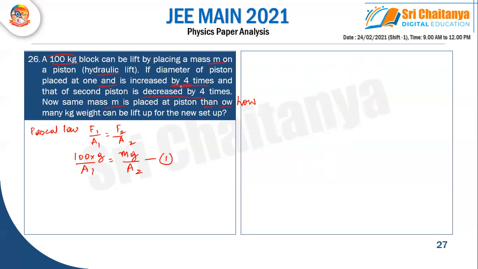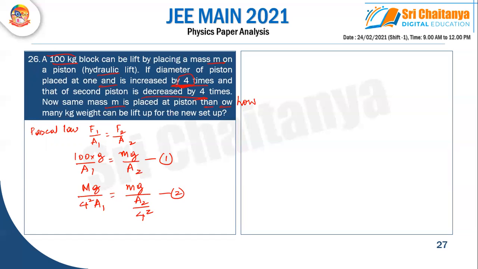Now I need to go for squaring of this. For this I need to put mg by 4 square A1, because this is 4 times. That's why I've taken it. Now this is decreased by 4 times, so this will be divided by 4 square. And when I go for the second equation, the interest is to calculate